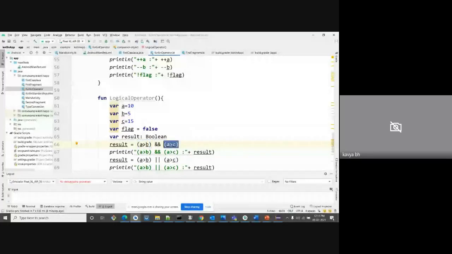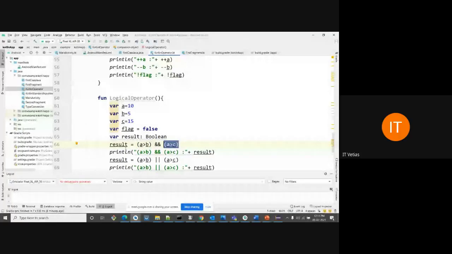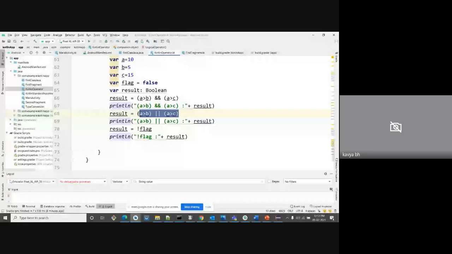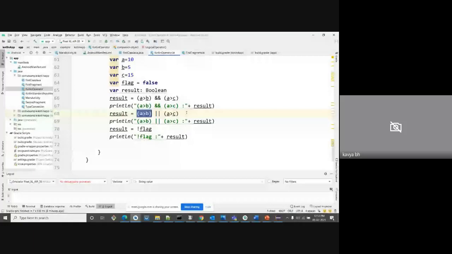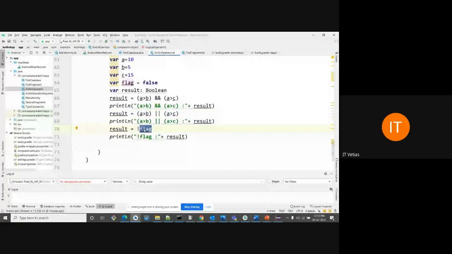Here this is or, which means any one of the operands should be true. And here you can see this is also one kind of thing: a flag, true or false. If it is true, then the flag is true, then it checks for false.